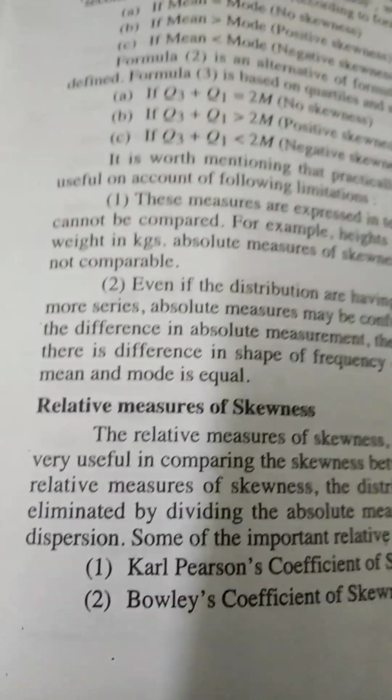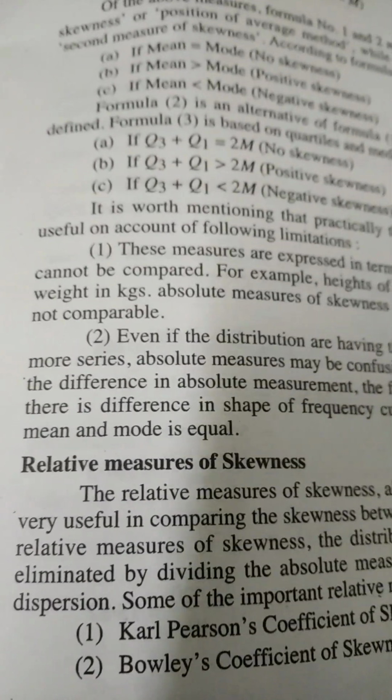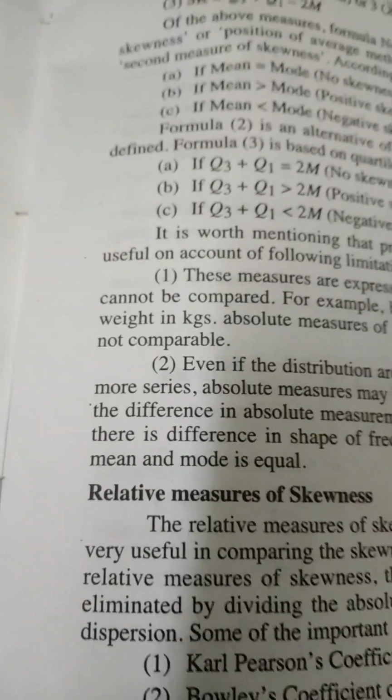So after that, relative measures were used, and those relative measures were more useful in finding out the extent of the skewness. In relative measures, we find out the coefficient of skewness, and you have seen in